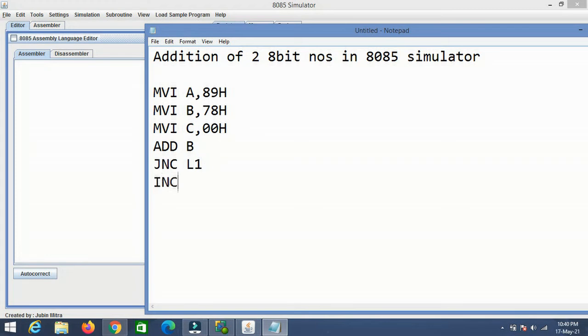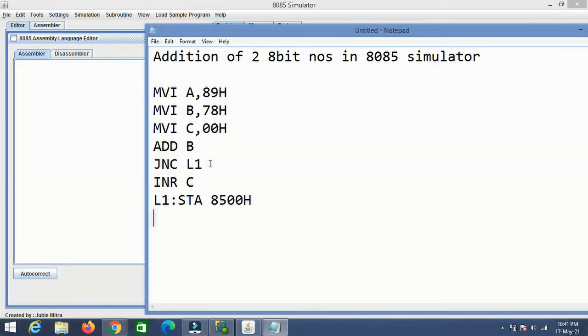For that we have INR C, increment C. Whenever a carry exists, you have to increment; otherwise you must come out without incrementing the C register, and straight away store the answer in, for example, 8500. So the answer would be stored in the 8500 memory location.